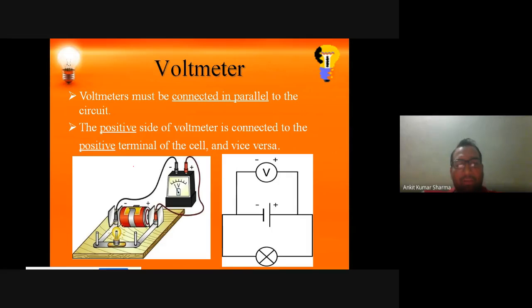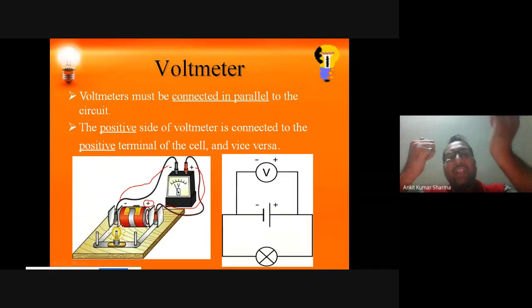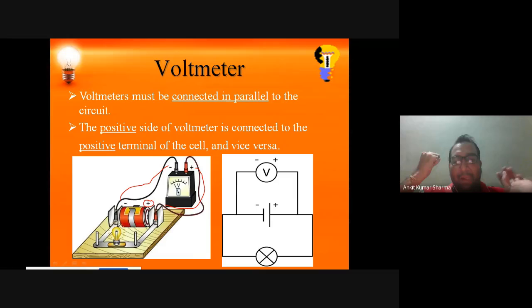Okay, so you can see here, this is the battery, and the positive terminal of the battery is connected to the positive terminal of the voltmeter, and the negative terminal of the battery is connected to the negative terminal of the voltmeter. कि बैटरी का पॉजिटिव वोल्टमीटर के पॉजिटिव से कनेक्ट कर दिया और बैटरी के नेगेटिव को वोल्टमीटर के नेगेटिव से कनेक्ट कर दिया। तो there is a voltmeter, ओके। सो ये पैरेलली कनेक्ट हो चुका है।